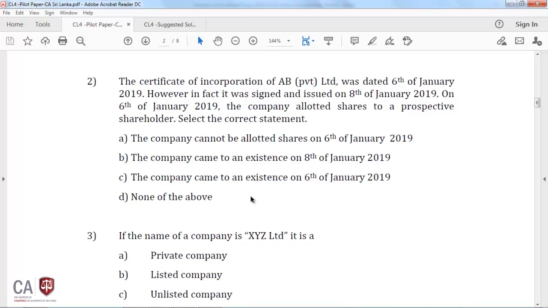However, the signature and issuance date being 8th of January is irrelevant to the company being incorporated, because the certificate of incorporation was dated by the ROC, the Registrar of Companies, as 6th of January. That is to be considered the date of incorporation and not the signing or the issuance date. So, therefore, shares issued on the 6th of January are to be valid. So, in view of that, the correct statement would be